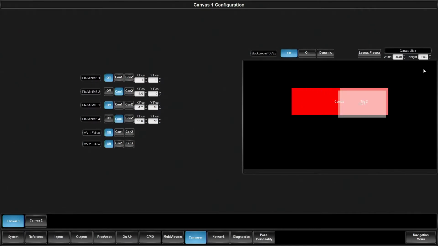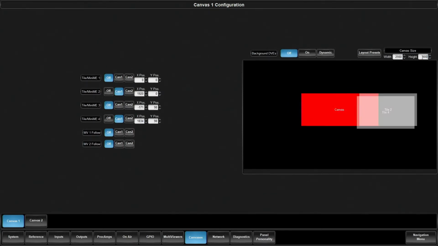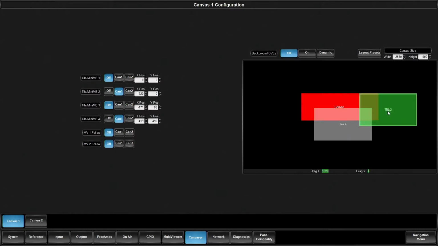The canvas is defined by your LED screen. But what if I had an LED that was, I don't know, 2560 by 900? As you can see, the red representation is showing us our LED and where the pixels are going to be viewed. That way you can line up your tiles based on where you want them.